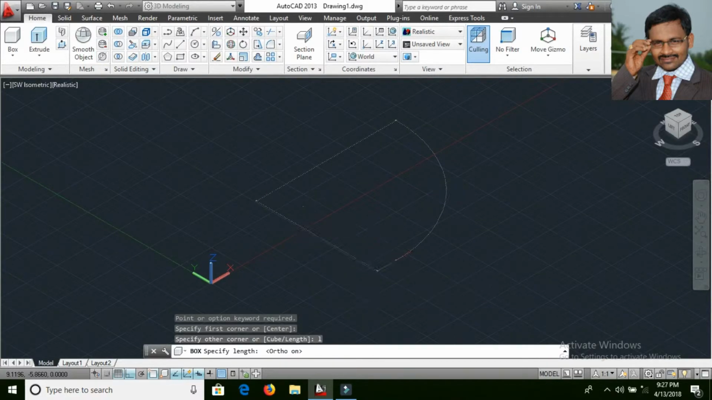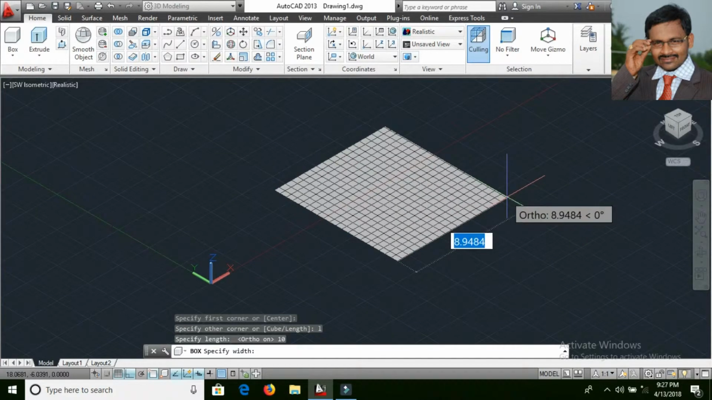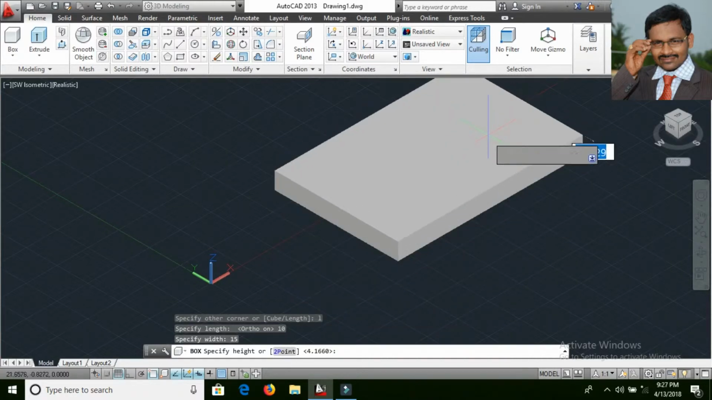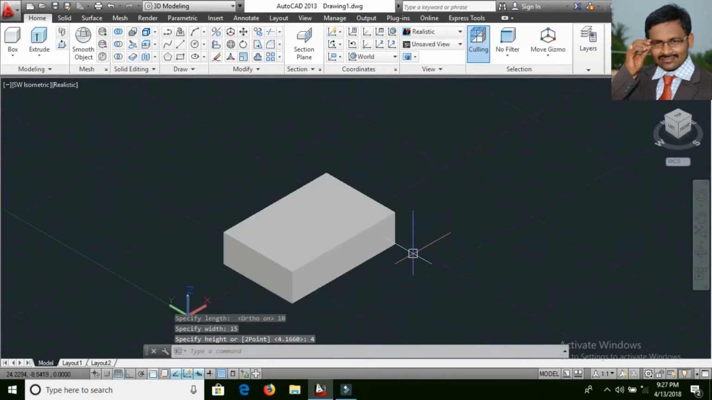I give 10 as the length, and it is asking the width now, so I can give 15 as the width, and it is asking about the height, so I can give the height, I think it is 4, so I can give the 4 here. So this is the box we have made by using a few lengths and all those things. But in case I delete this,